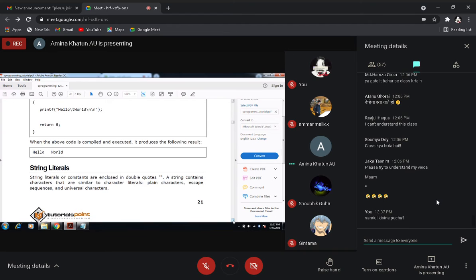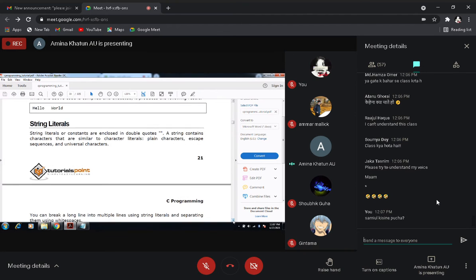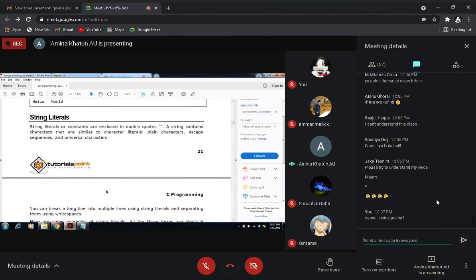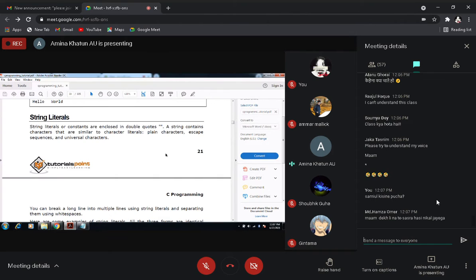The next is string literal. What do you mean by string? String means it is a collection of characters. Okay, and we know that strings are always enclosed with double quotes. So string literals or constants are enclosed in double quotes, and a string contains characters that are similar to character literals.